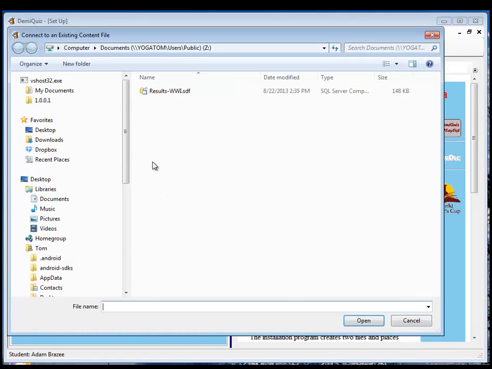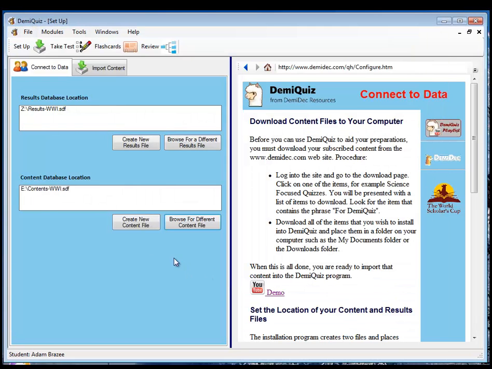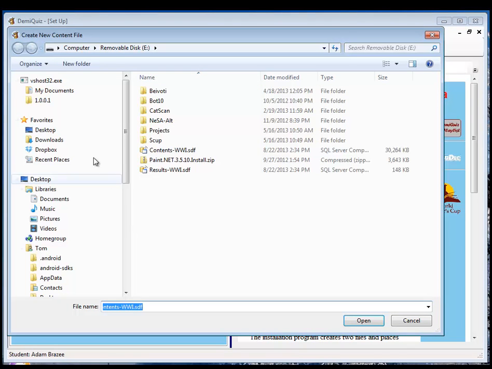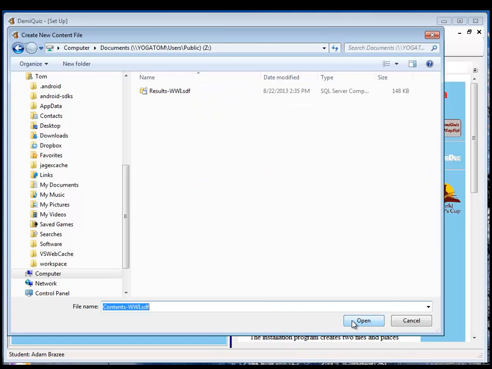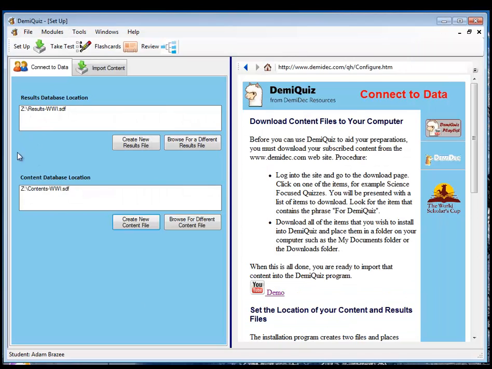Similarly, down here I want to create a new content file. Go to Computer, go to Drive Z, and create a new file there. And there we go. So we now have a brand new file. Both of these have nothing in them. So right now these would not run anything. Let's review how that works. If we wanted to put some content in there, we could go to Import Content,